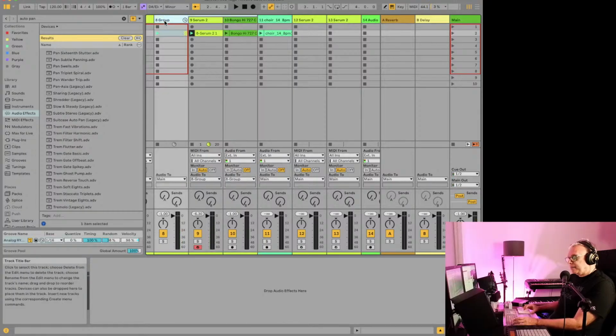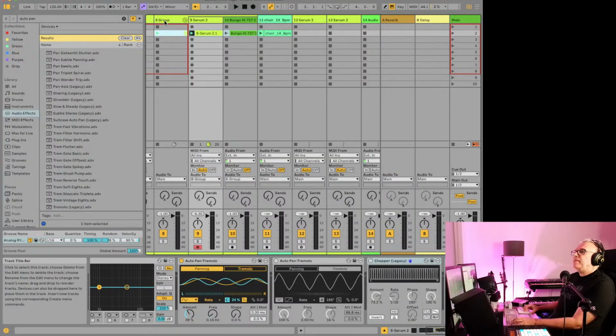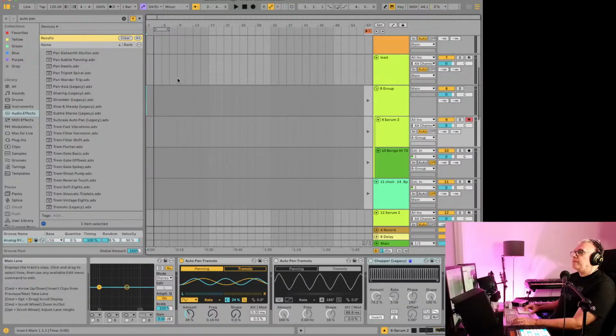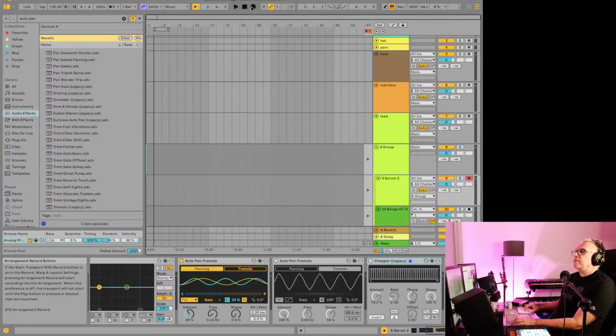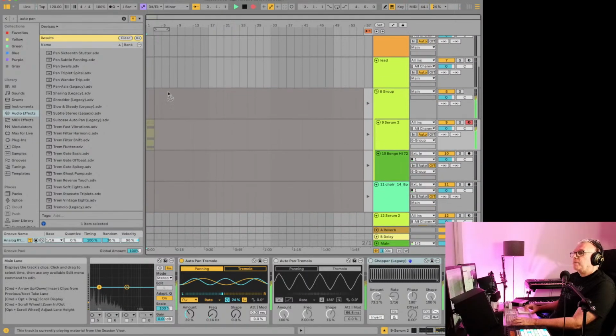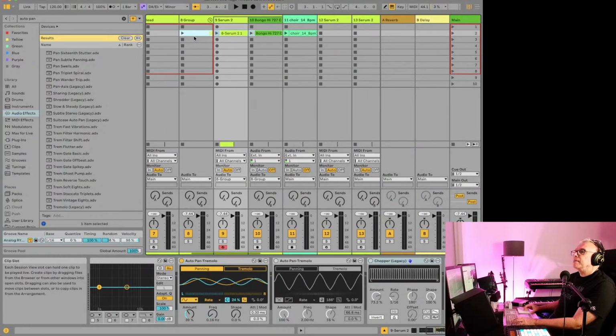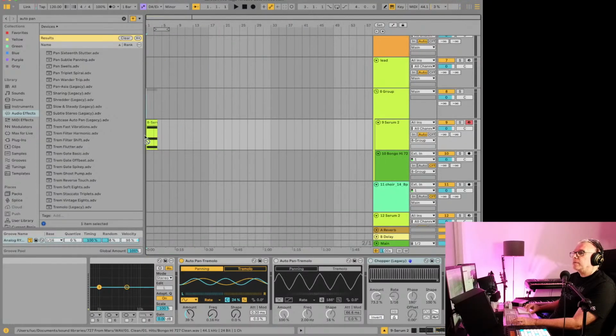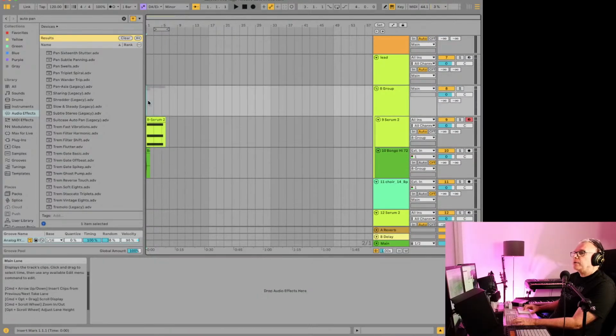We can do it in the session view. It might be easier to do it in the arrangement view just for the visuals of it. So let's just record here. Okay, and it didn't put in this because it's not looped. So we'll just put that in here. So, okay, now we've got